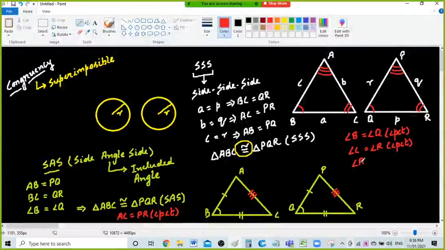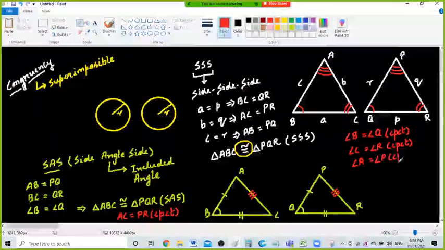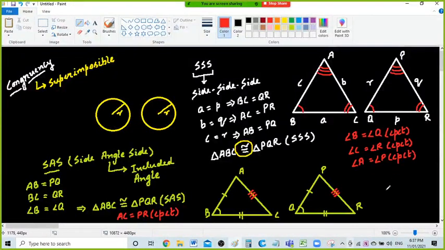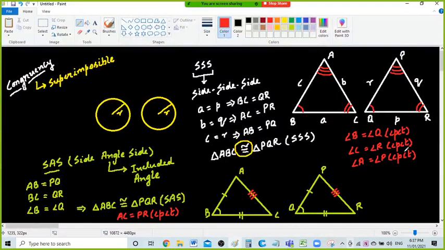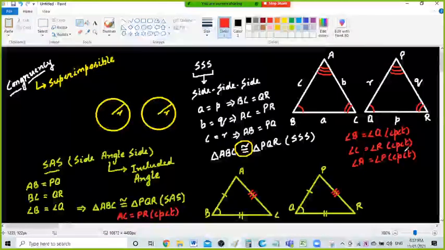Some people may also say that these are the common parts of congruent triangles. So more or less, it's not at all going to be problematic for you. Just mention it as CPCT. All right. So far, so good. Any question, doubt? No, sir. All right, that's great. So now I want you to note it down, and after that, we'll start working on a couple of examples as well.